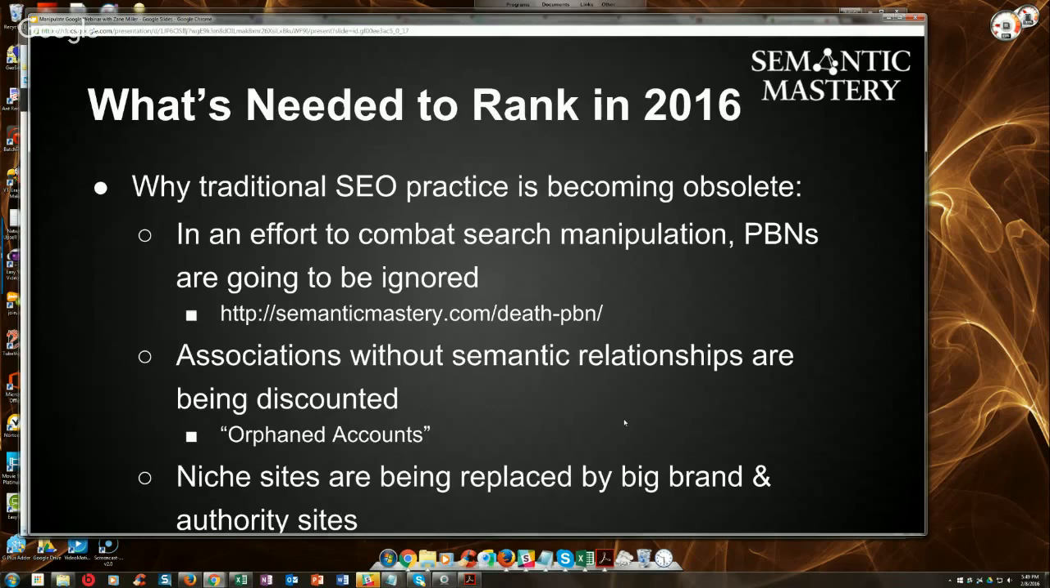Exactly. And that's my point. That's the whole point, is the semantic relationships. That's where the algorithm is going. I mean, we're in it now. It's just a matter of it's not completely deployed yet, and it's rolling out in stages. And so when we talk about